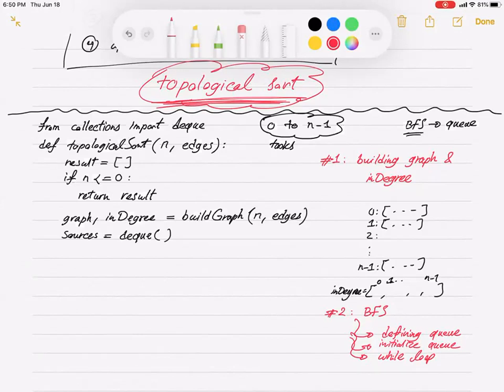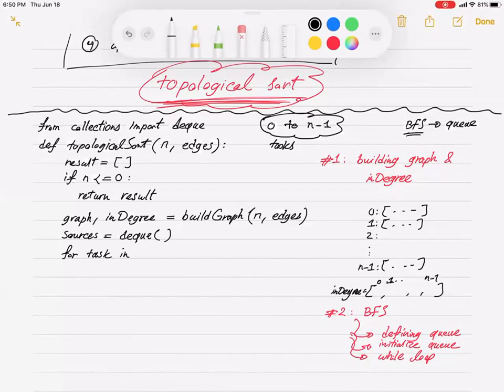That's why I need a for loop over the in degree array. So I will go for task. I'm assuming they are tasks, but you can put any node name, it doesn't matter. The name is not important. Let's say for task in